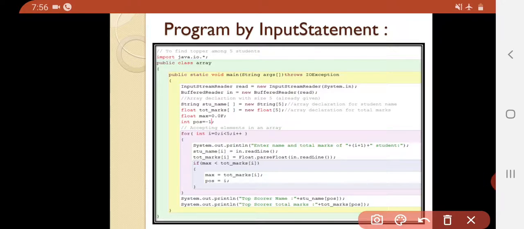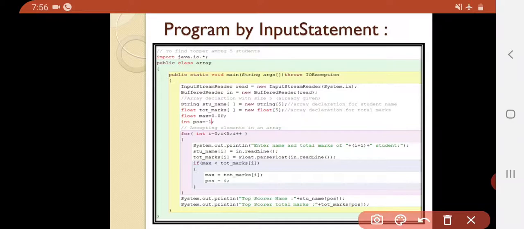In this program, I've written a comment to find the topper among 5 students. Then I'm using input statements right now. That's why java.io is compulsory. Throws IOException is compulsory. InputStreamReader and BufferedReader are compulsory because we are using input statements. These are common lines, that's why I'm moving further.